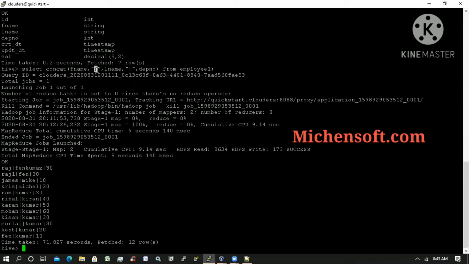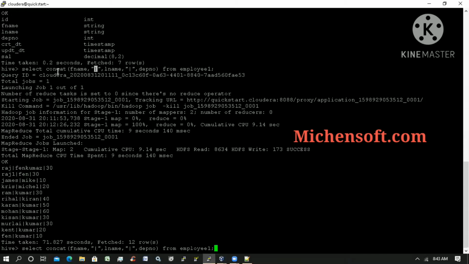So is it clear now? Yeah, Shravan, it's clear. So I can add anything, even characters, numbers, anything in quotations. Yes. The system will understand that whatever we add in double quotes is a constant value. Some constant value we are giving, and it will just append with whatever column names we are giving. Okay.